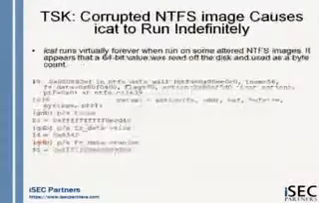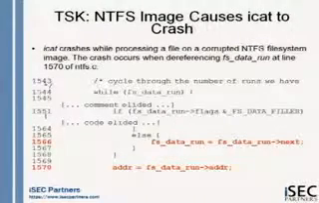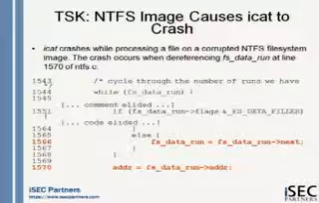And again, that's GDB with symbols, and that's just so great. So here's another one. A corrupted NTFS image makes icat, the program that, like I said, will just print out the file